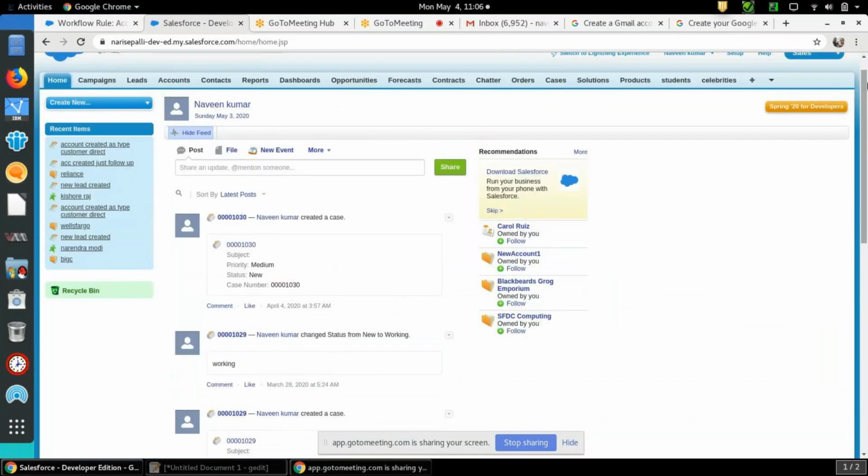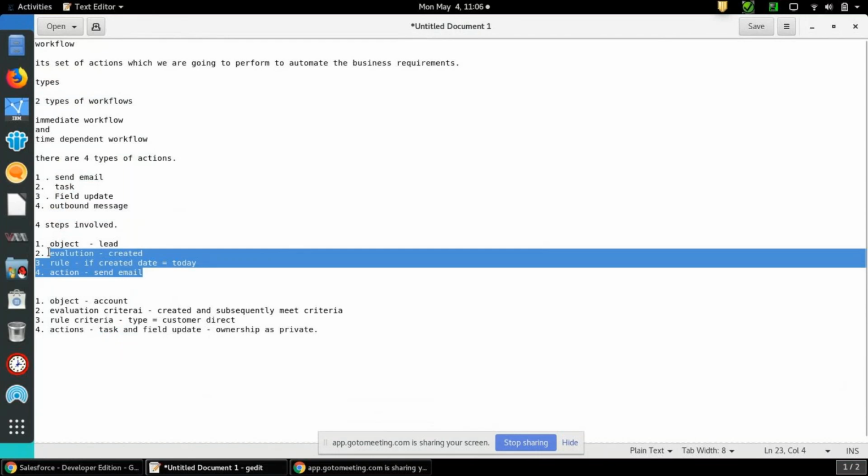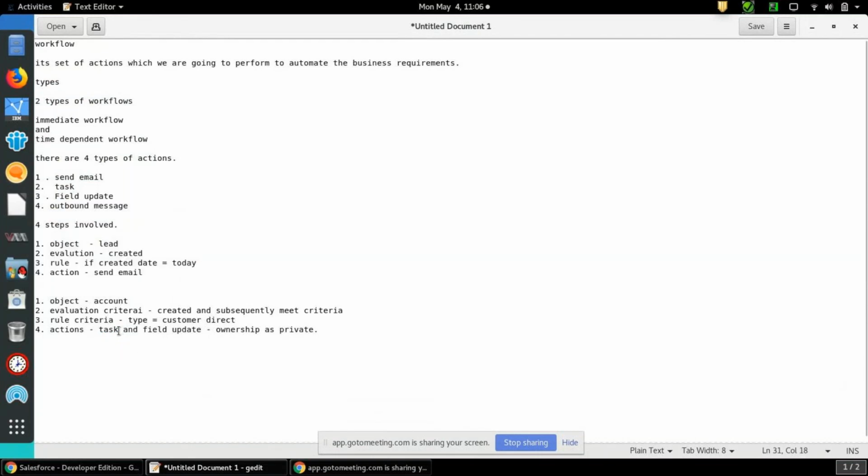So you guys came to know how we can send an email and how we can assign a task to a particular user or group, and field update we have done. So outbound message is something you need to link with other organizations, so you can practice in real time.